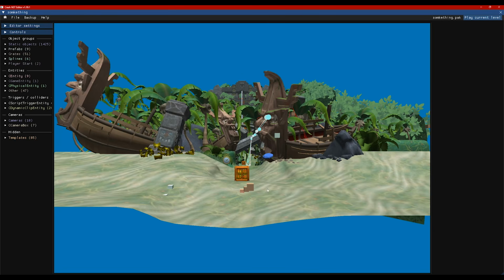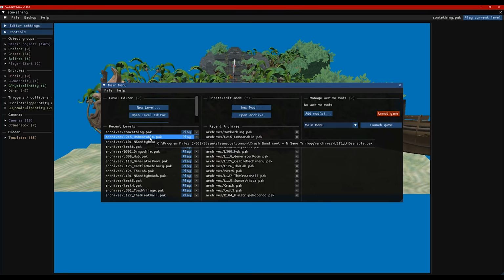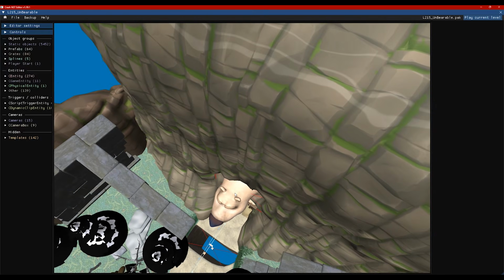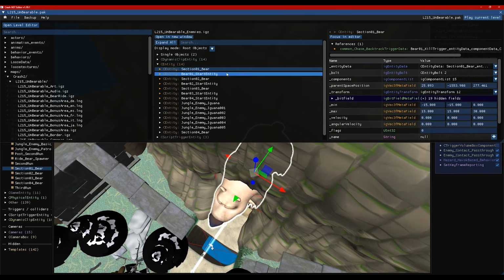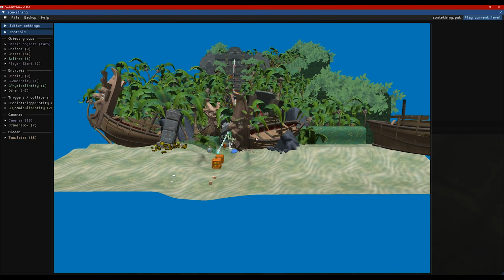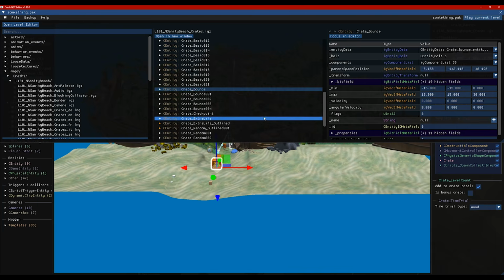I do appreciate how quickly you can load back into what you were just doing. Go back to Unbearable. Everything works really fast. That's something I really like. It's really quick to get into, and a lot of this looks a lot better than my editor for many reasons. Okay, bear, click on this, copy object, find the level, click on something, click on this,